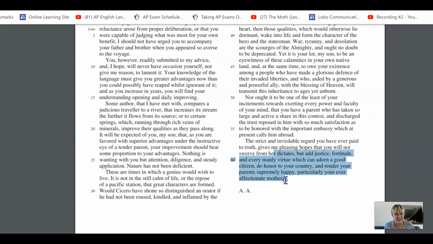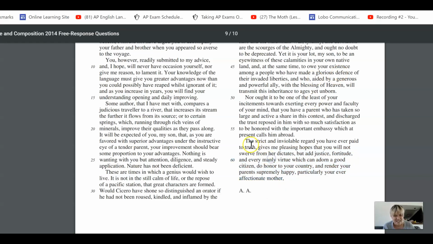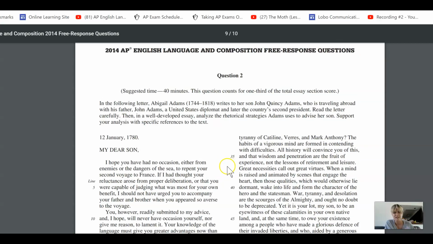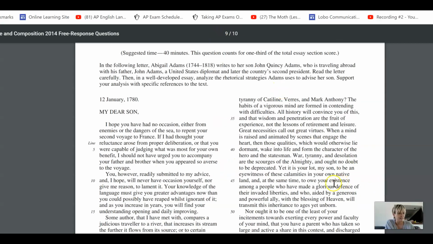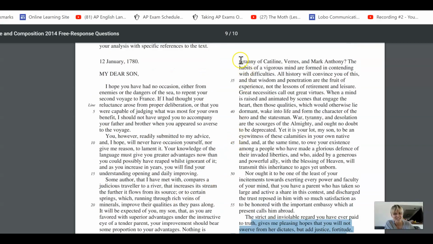So calls to action here, just sort of bringing forth the country wants you to do it, I want you to do it. I would definitely analyze the syntax through here. There's a lot of asyndeton in the calls to action, like do this and do that. Okay, good. So as we look at this letter, I would definitely be analyzing how she uses the simile down here, how she uses the allusions, and what her overall goal or purpose is.